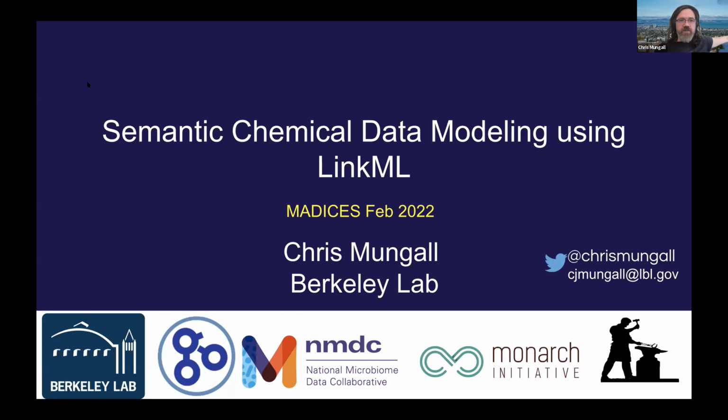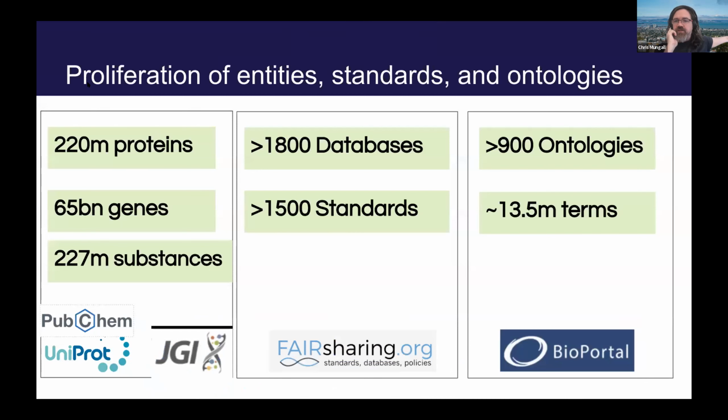So I want to frame this with a few stats about the domain that I work in, which is more on the biomedical environmental side rather than the chemical side. As we know, we've got a proliferation of entities that we're trying to model, each involving complex data modeling. So millions, even billions of genes, proteins, substances in our different databases. But if you look at a registry like FAIRsharing, you'll see we've also got